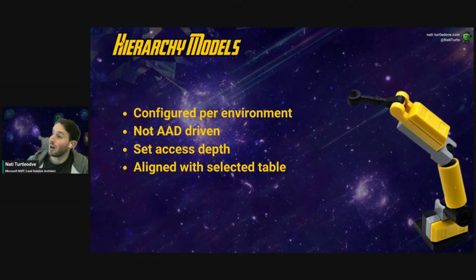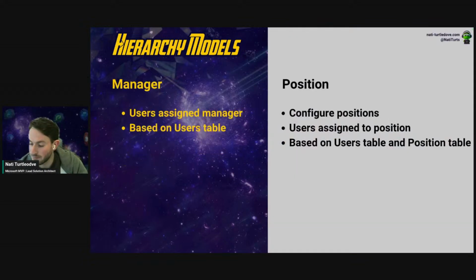What's also really nice about hierarchy models is that we can assign specific tables within our hierarchy model. So you can say only custom tables that I select have the hierarchy models enabled for them, and on our standard tables, it doesn't apply. When it comes to creating hierarchy models, we've got 2 different types to choose from. It's not I want both.